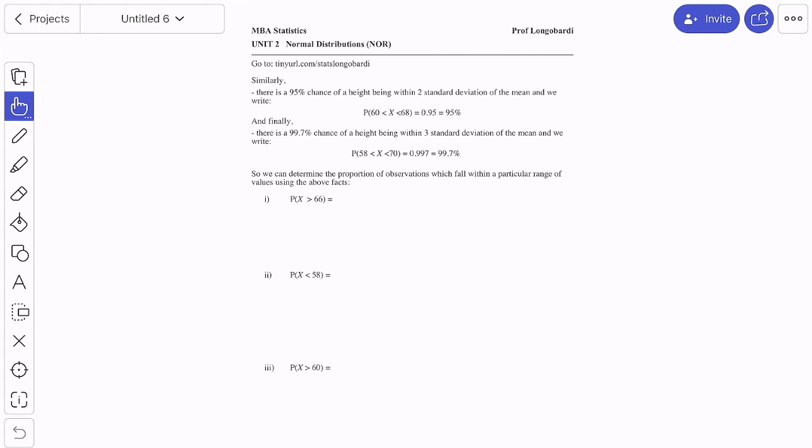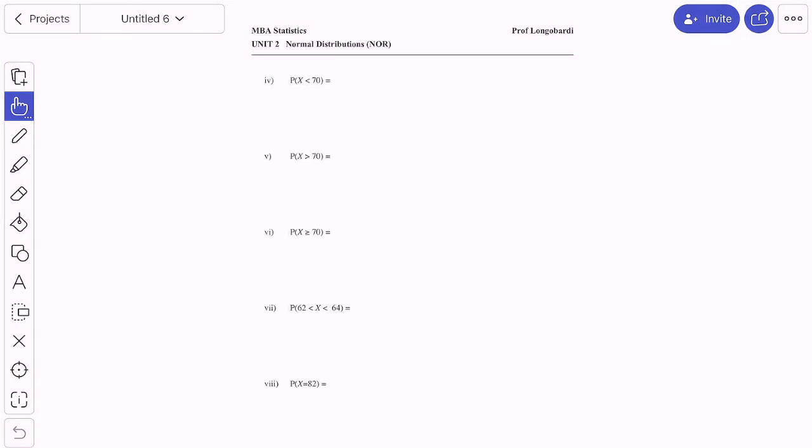I did some of them in the videos, and then I think I stopped here because I think you got the basic idea. I also leave those so that sometimes, so this is the NOR unit and page 7. Sometimes I just pick up and solve the missing pages. So is that okay with everybody? This is page 7.